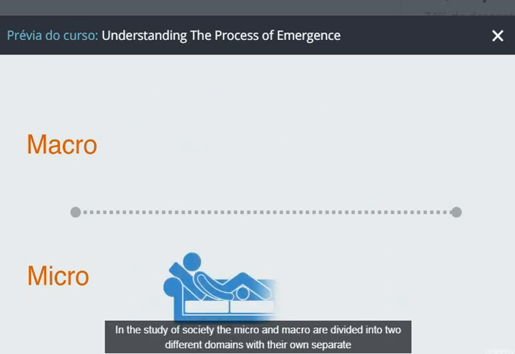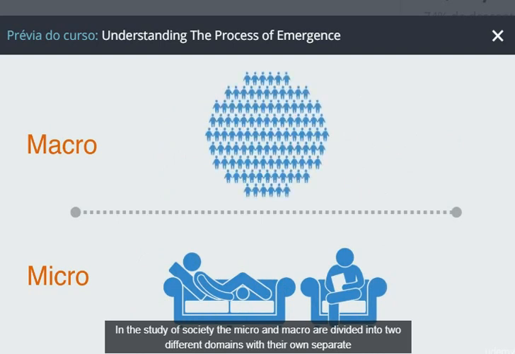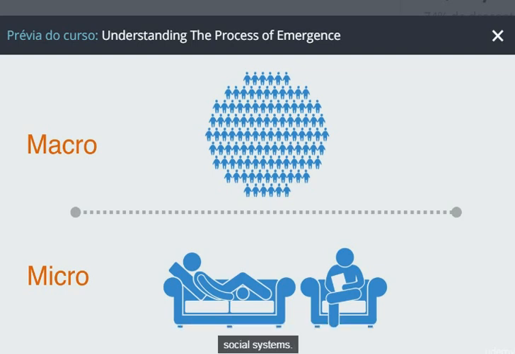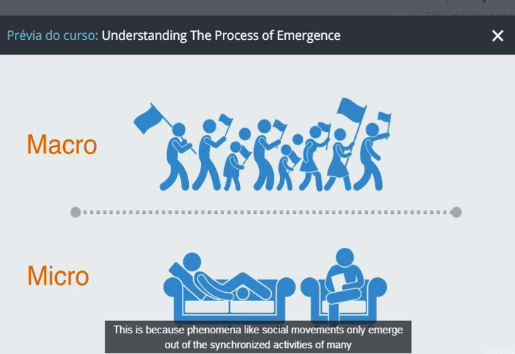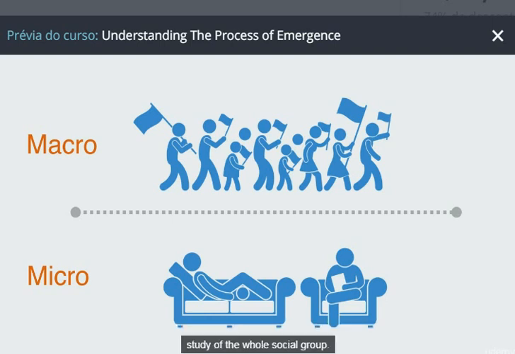In the study of society, the micro and macro are divided into two different domains with their own separate lexicon. Psychology for talking about the individual, and sociology for talking about macro-level patterns within social systems. This is because phenomena like social movements only emerge out of the synchronized activities of many individuals, and thus will not form part of the study of the individual, but will only form part of the study of the whole